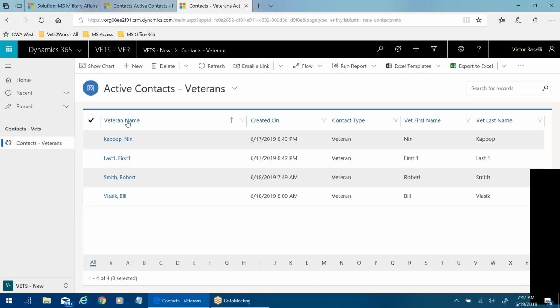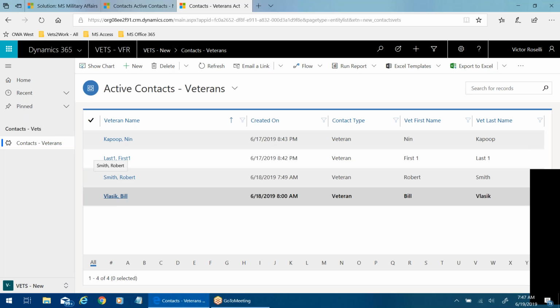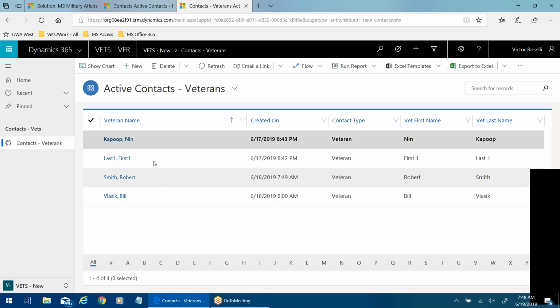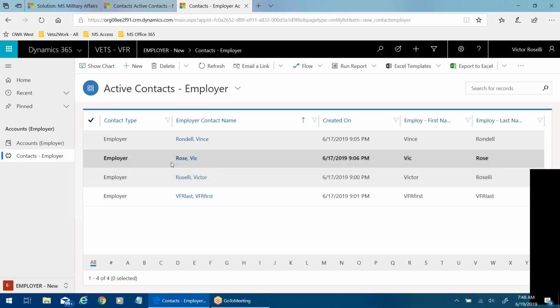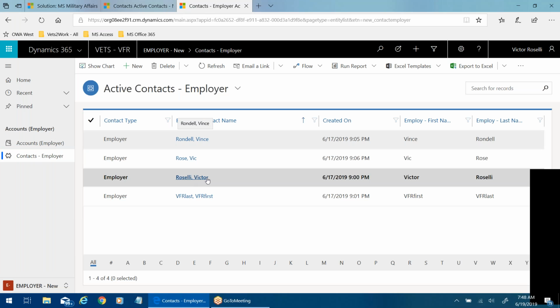I was able to adjust my view so that when I look at my active contacts here, under what I call contacts, vets, the first one, Robert Smith, this only shows contacts that are indicated as candidates. Then I change to employer and I go to contacts. You see that I see Vince Rondell, Victor Roselli. Click on one of those contacts.